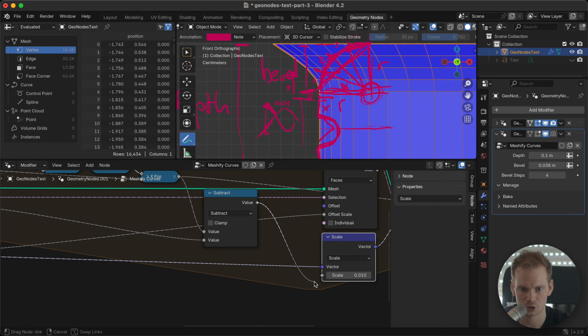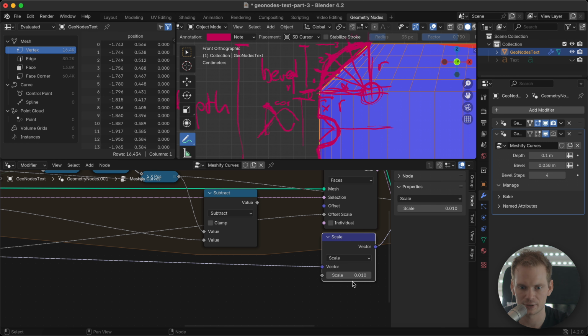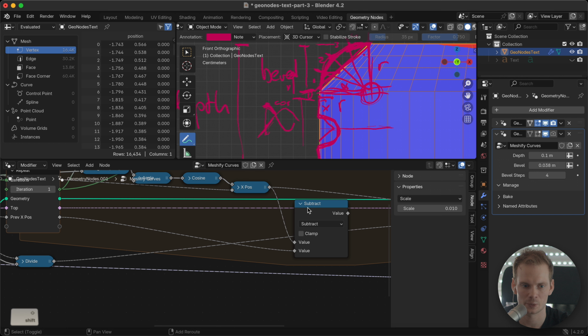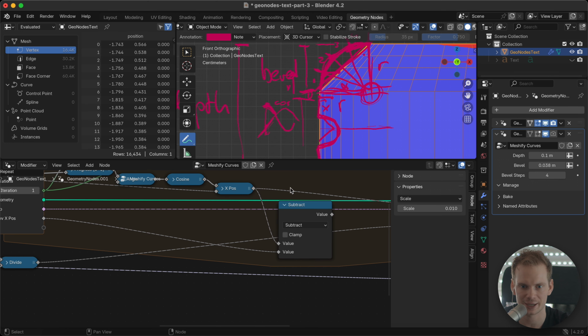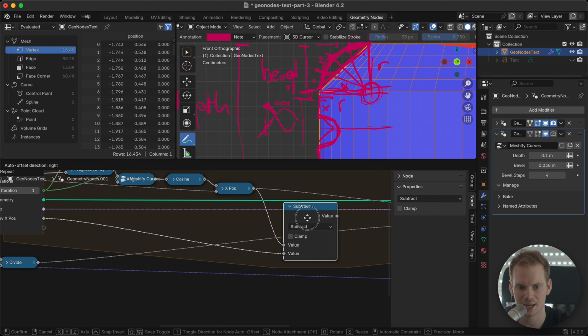I'm actually not sure if this is a positive value, we're moving in. So what we're doing here is we're taking a positive value and we're subtracting, we're taking the x position and we're subtracting the biggest value. So we're getting a negative value over here.